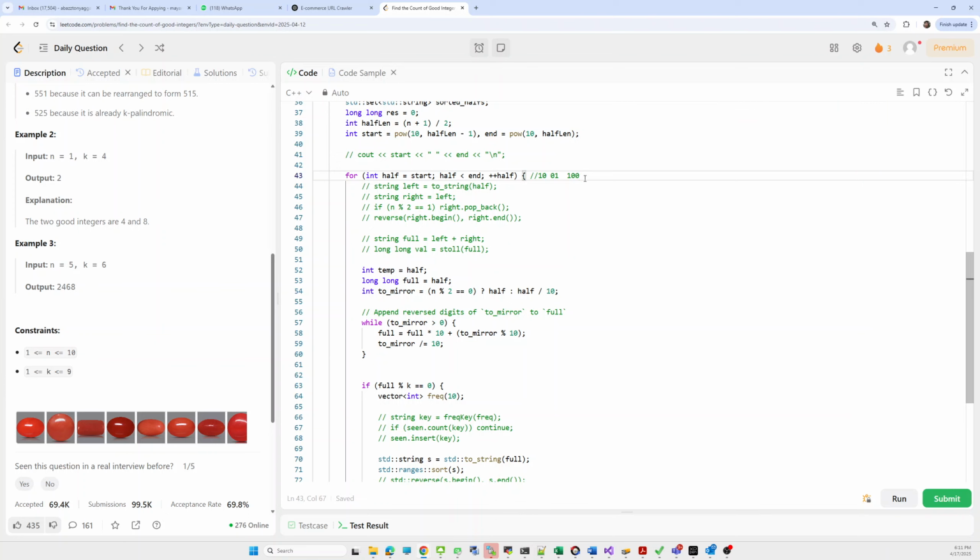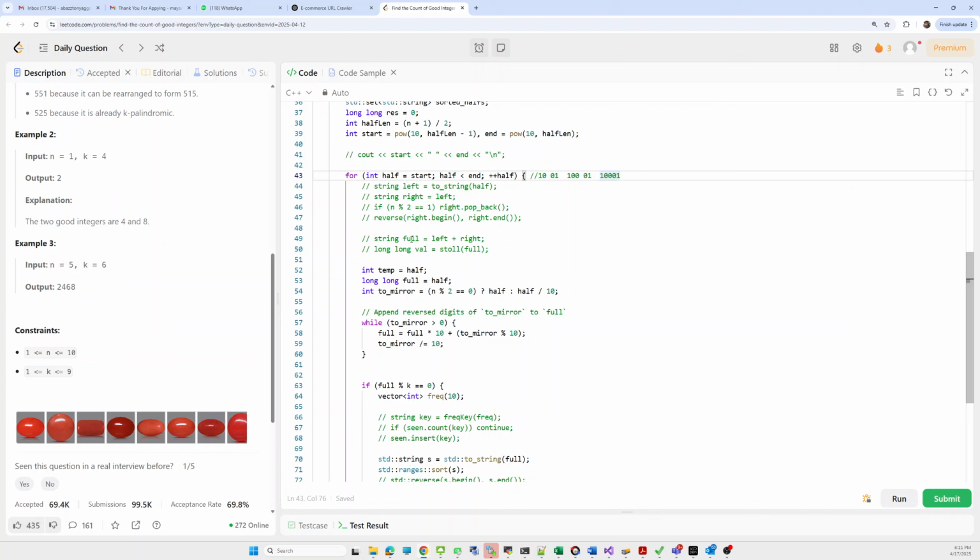After removing it, right will be 10, and I reverse the right part. When we concatenate both of them, it looks like this. Is this a palindrome? Yes, it is. So finally we are able to make a palindrome string.